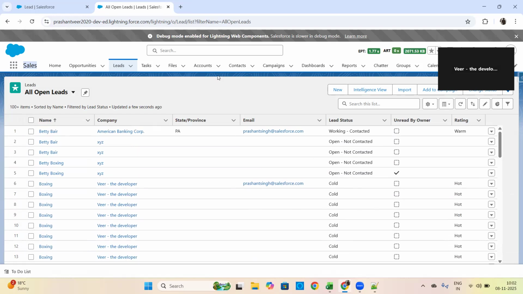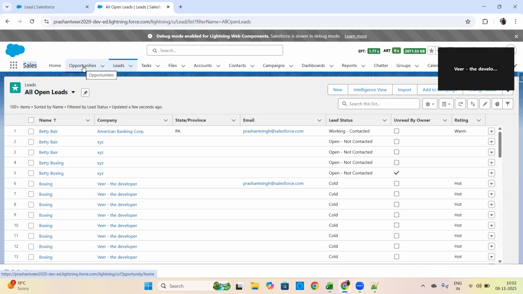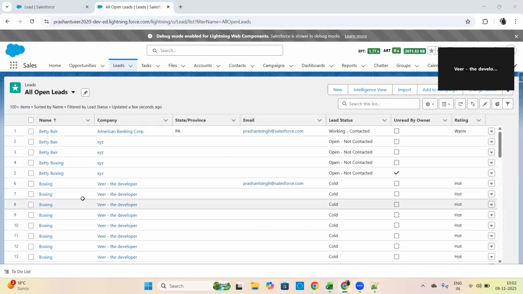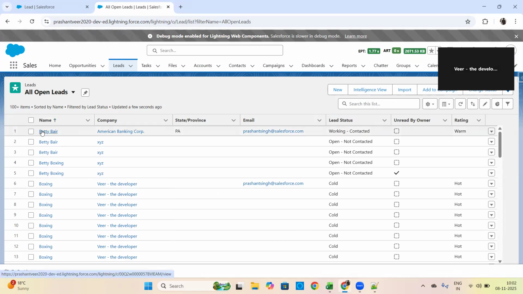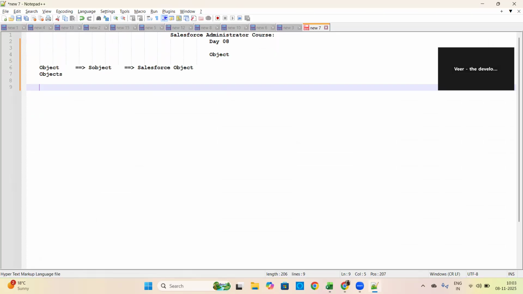You got my point? And you see here the accounts, opportunities, right? They created this particular sheet as a sample to make you understand. So now you understand what it is. If you have to explain to someone, you can explain what the meaning of an object is. Object means storing the data. Now, if I have to technically give a definition, I can say the Salesforce object